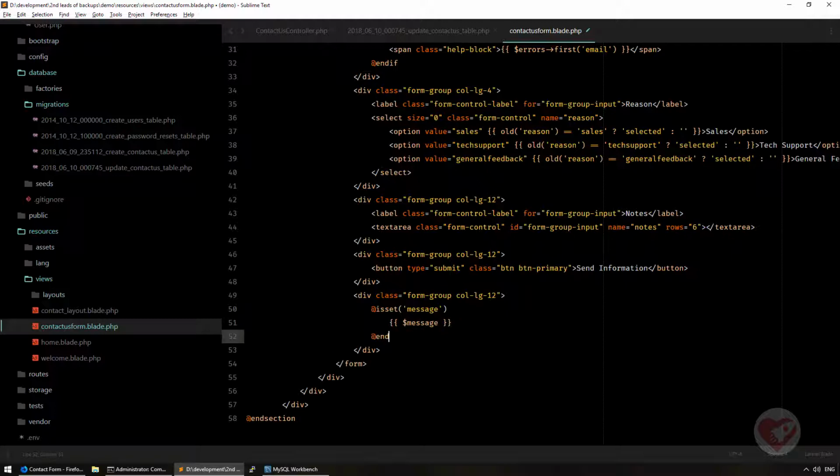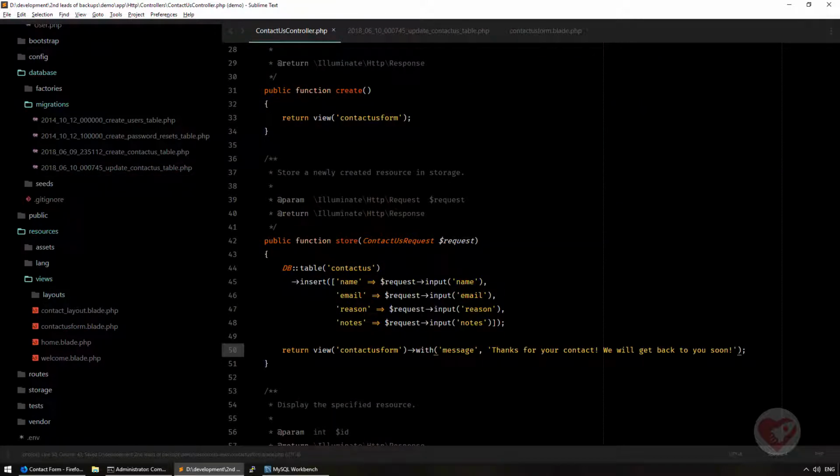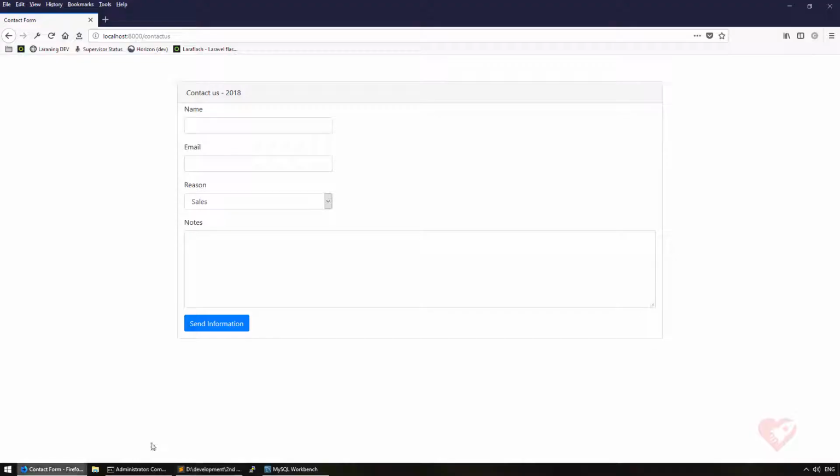Okay, so endisset. And basically what Laravel will do is if this message is coming, then of course it will show that at the end. So I'm going to create another one, John Smith, John at laravel.com, wherever, and then notes, my notes again. And when I do send information,